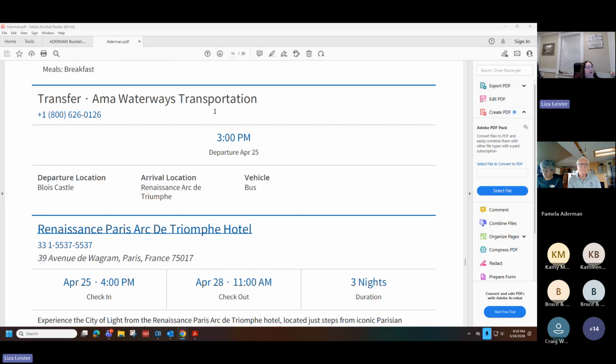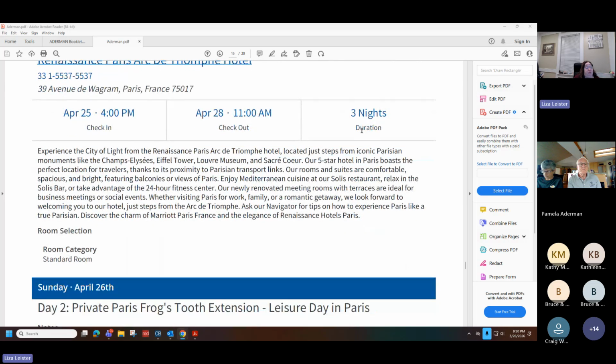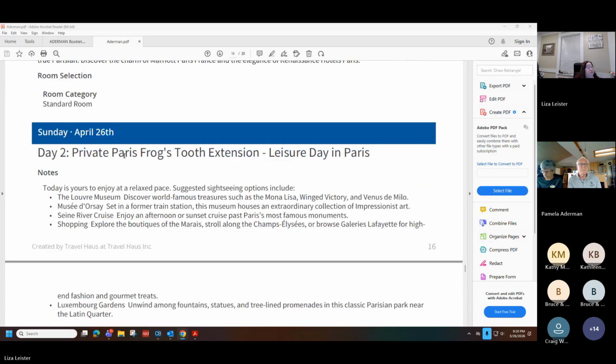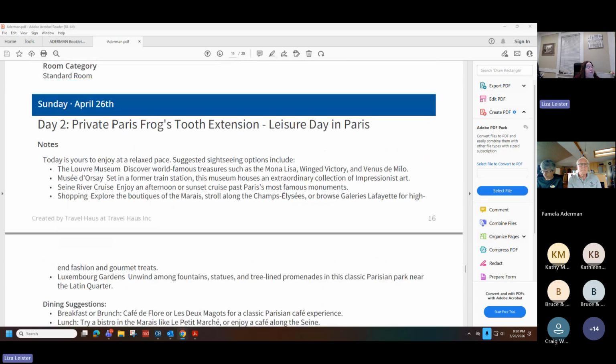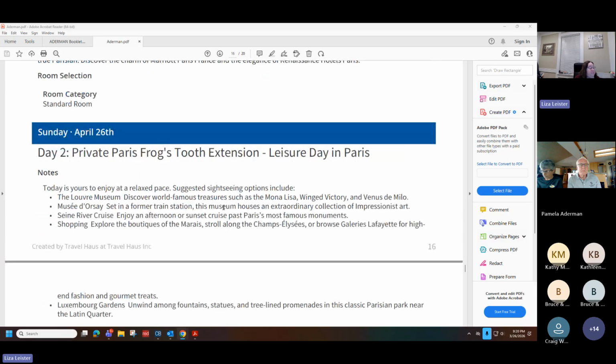And you can see this Arc de Triomphe plus castle. And then you're going to be at the Arc de Triomphe for 3 nights. So the first day, Sunday, after you transport over on Saturday, is going to be a free leisure day.